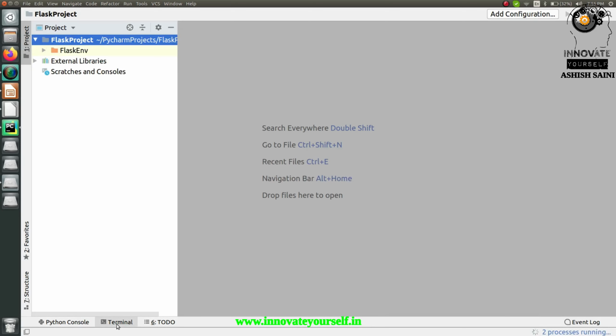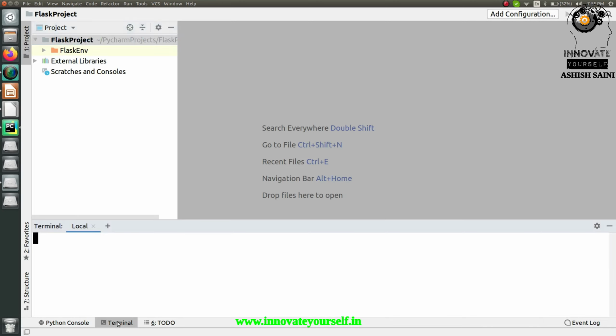Now our next step is to install the Flask package into this environment so that we can further use it to build your first application. For that I'm going to the terminal, so just click on the terminal.